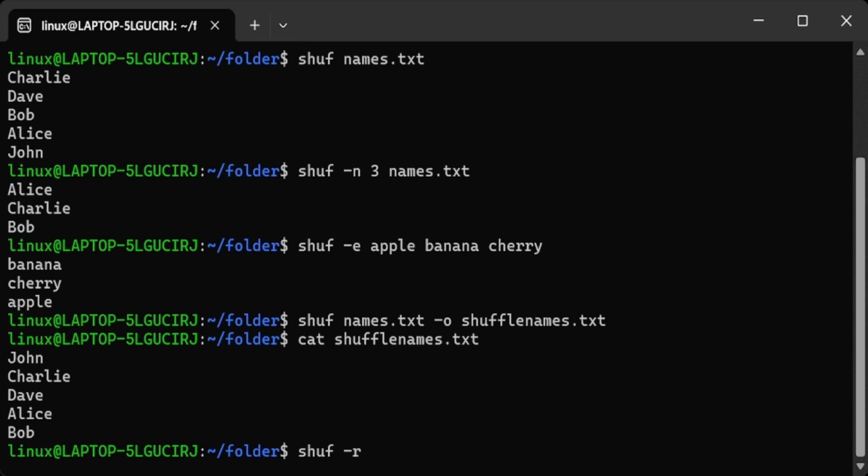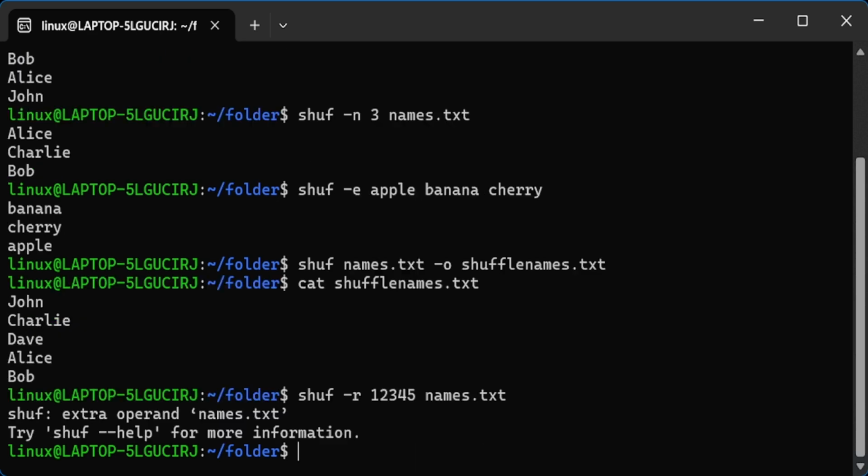To explain this, let's say it's a pseudo random number. It basically produces the same sequence of numbers. Let's say if you use a different pseudo random number, the number generator would produce a different set of results. It usually comes into play with cryptography or certain algorithms, but that's the way it is. So it would just change the way the randomness occurs. So we can just give this random 1 2 3 4 5 number followed by names.txt. Once you hit enter,